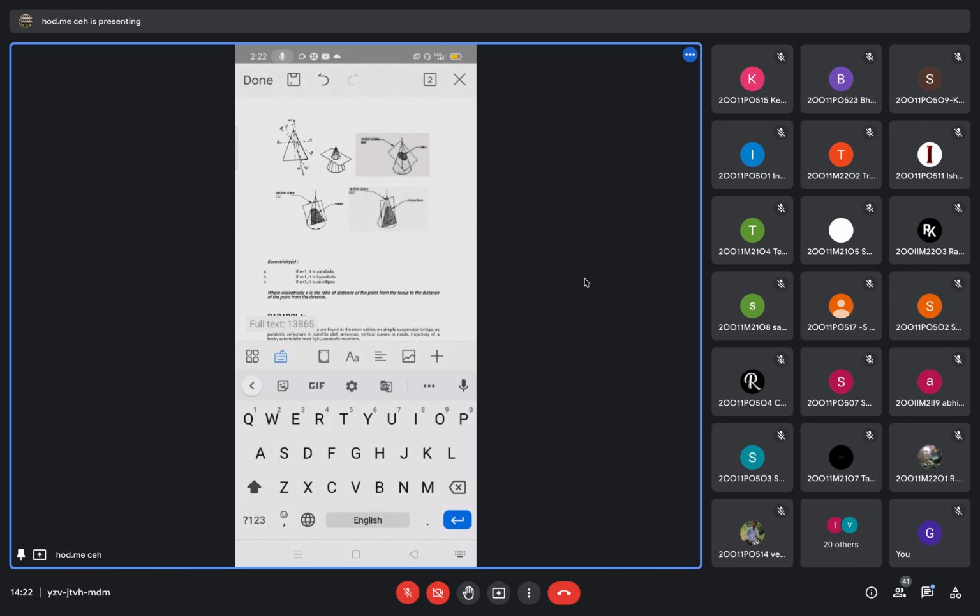The plane curve is the locus of a moving point with reference to a fixed point, known as the focus, and a fixed straight line, known as the directrix. These are the 3 things: the focus, the fixed point, and the straight line, the directrix. All of you write down these 3 points used in the diagram.